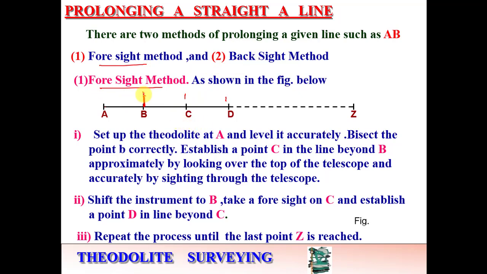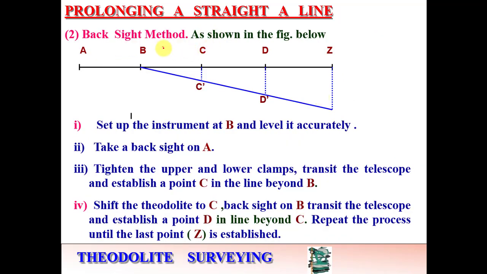In the backsight method, you place your theodolite at B position. You take the first reading backward, and after sighting the A point, you locate your C point. Then change the position of B to the next station and repeat the previous step. With the help of this, you will locate the further points. That method is known as the backsight method. This is not a very deep topic, but you have to understand what is meant by backsight and foresight.